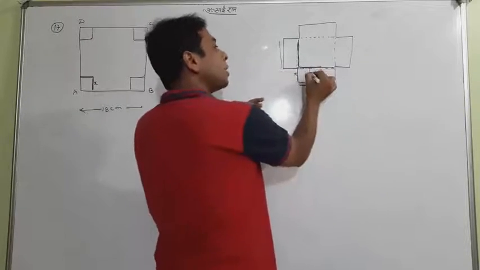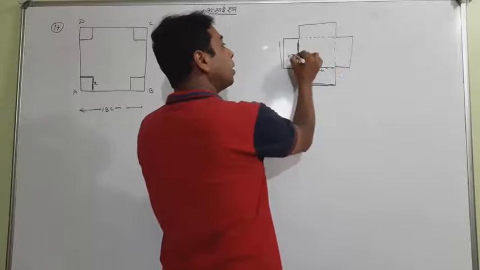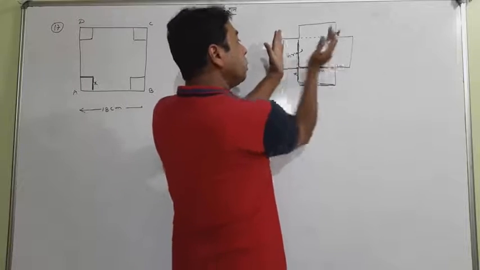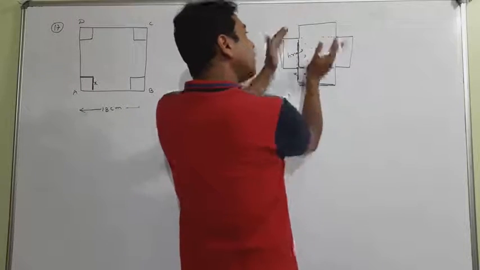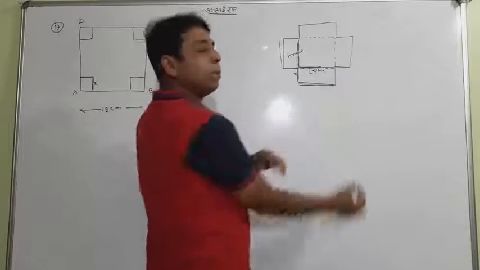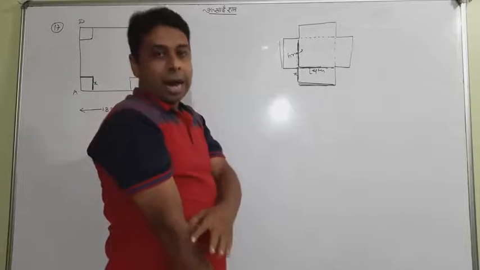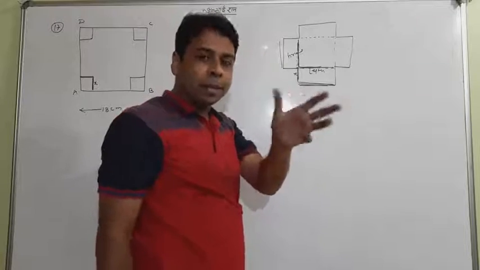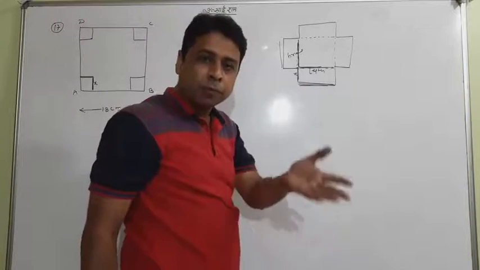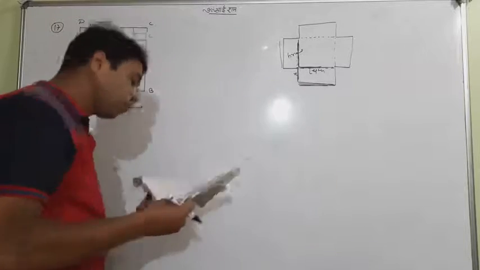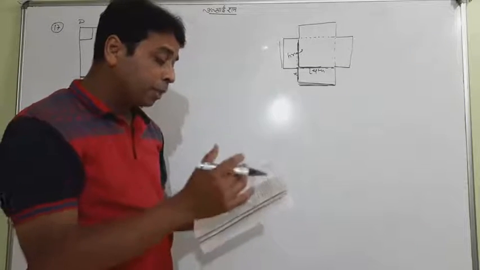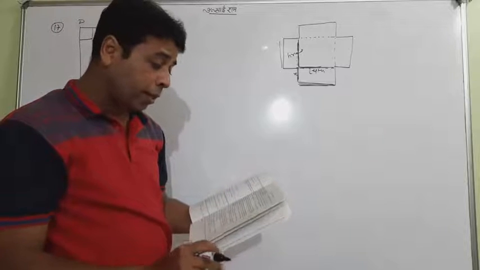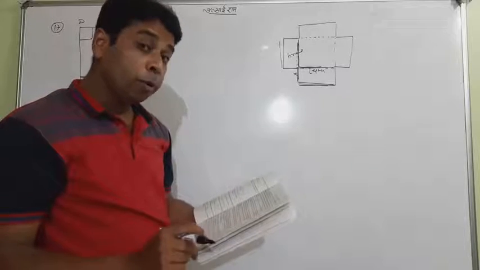Suppose it is length, it is breadth. Definitely it is the height, because you are turning all the sides, this is going to be the height of the box, and this time it's going to be a cuboid. So the cuboid is the main figure for us, and what to show after making the cuboid is what should be the side of the square to be cut off, so that the volume of the box